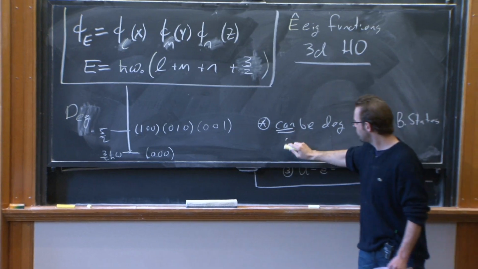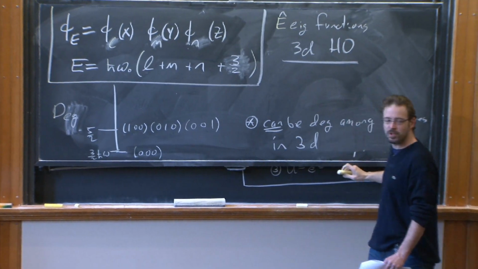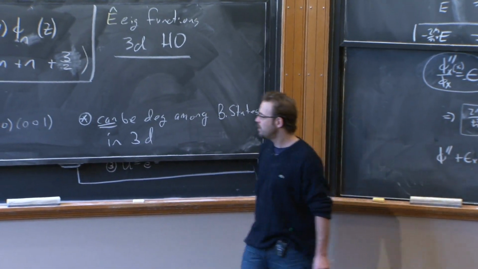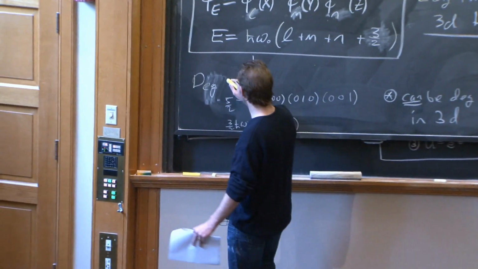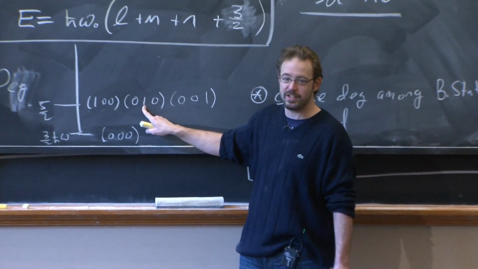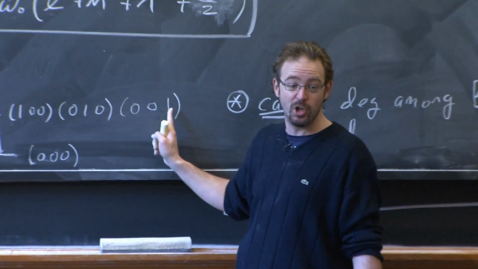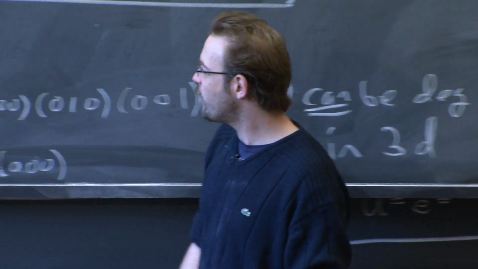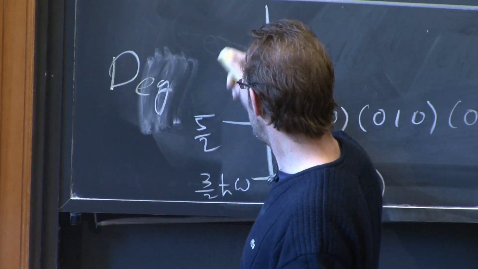In 3D. This was not possible in 1D, but it is possible in 3D, which is cool. But we've actually learned more. What's the form of the degeneracy? So here it looks like they're just rotations of each other. You call this x, I call it y. Someone else calls it z. These can't possibly look different as functions because they're just rotations of each other. However, things get a little more messy when you write, well, what's the next level?